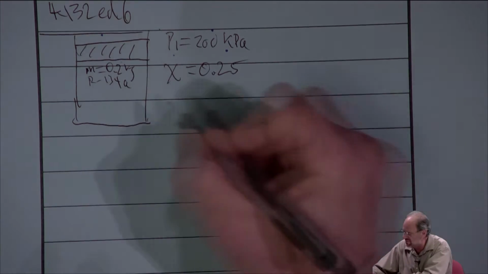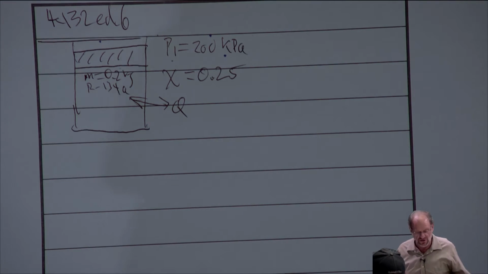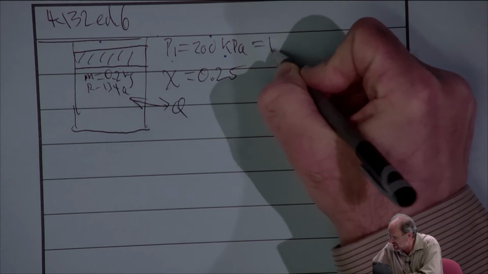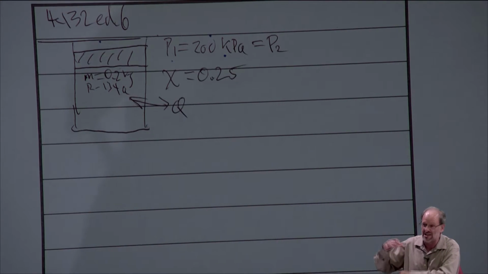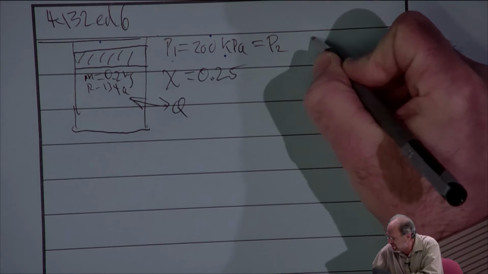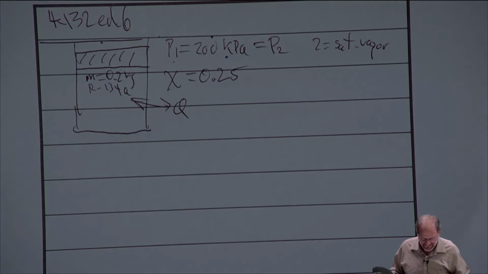It says heat is transferred. It doesn't tell us which way heat is transferred, just that heat is transferred. So I'll show Q with kind of ambiguous arrows. And then it says transferred at constant pressure until the cylinder contains vapor only. All right. So constant pressure, so I'll just say that P1 is also equal to P2. And now it starts as a two-phase mixture. At the point where it contains vapor only is where we hit the saturated vapor line, right? So we definitely know that we're a saturated vapor at 0.2. So 2 is a saturated vapor.